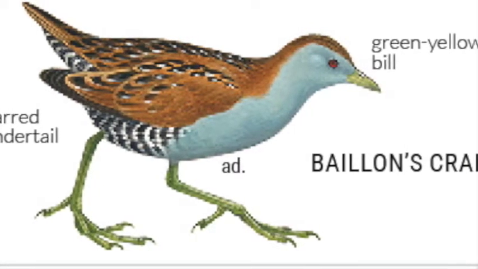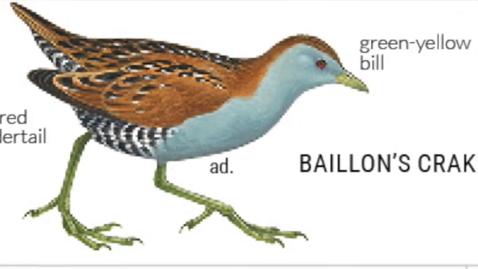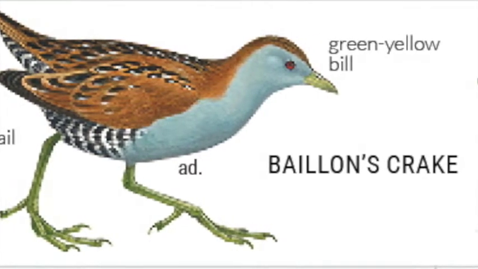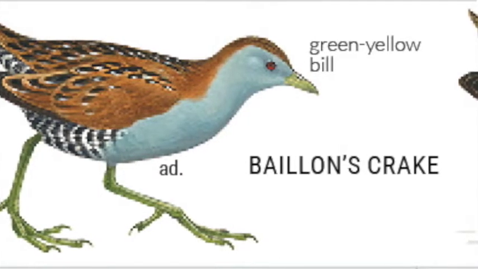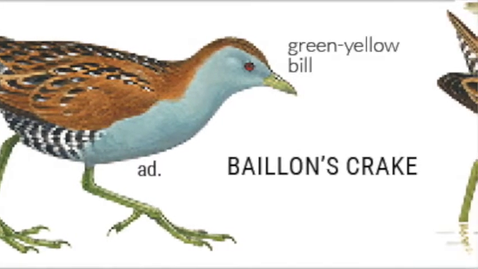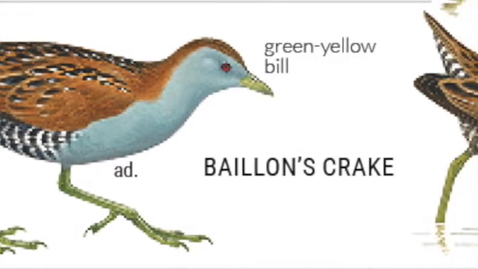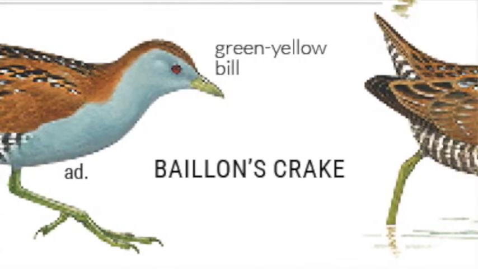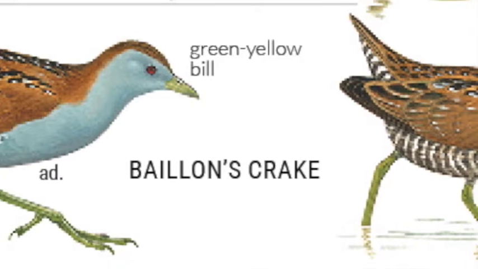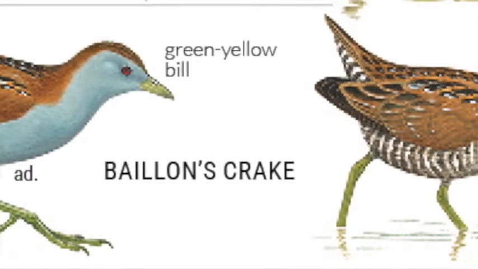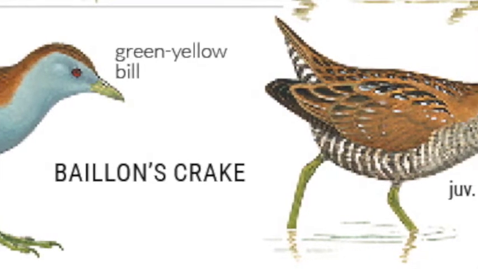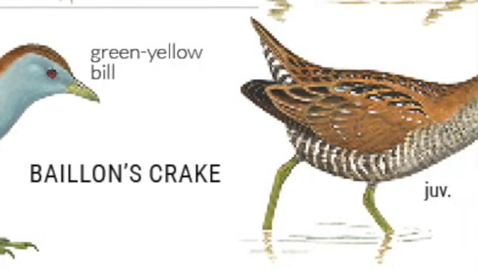Dom, do you want to fire away on that one? Yeah, I can do. With a lot of patience, I think. So you talked about the Baillon's crake, which is from the group of rallids, and we talked about the white-winged flufftail earlier. The flufftails are a notoriously difficult group of birds to see. There are many birders out there who've never seen a flufftail, and are still not entirely convinced that they exist.